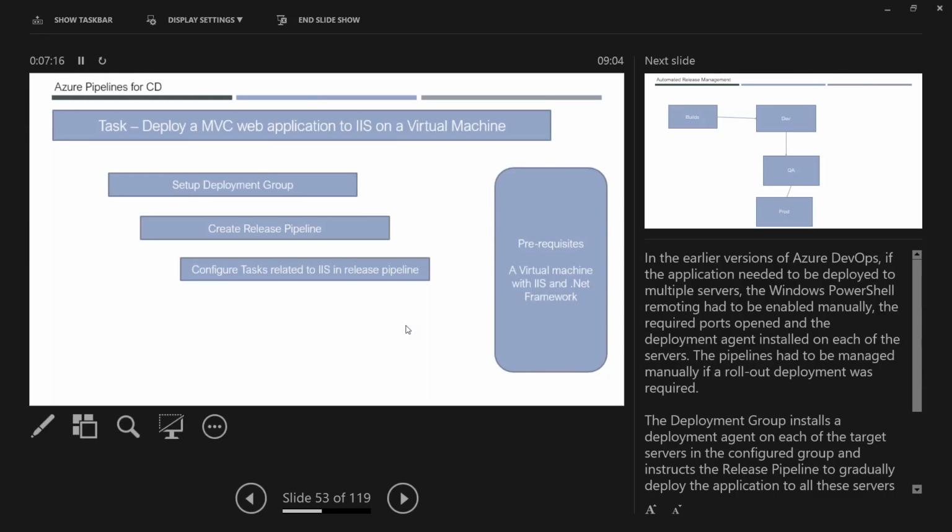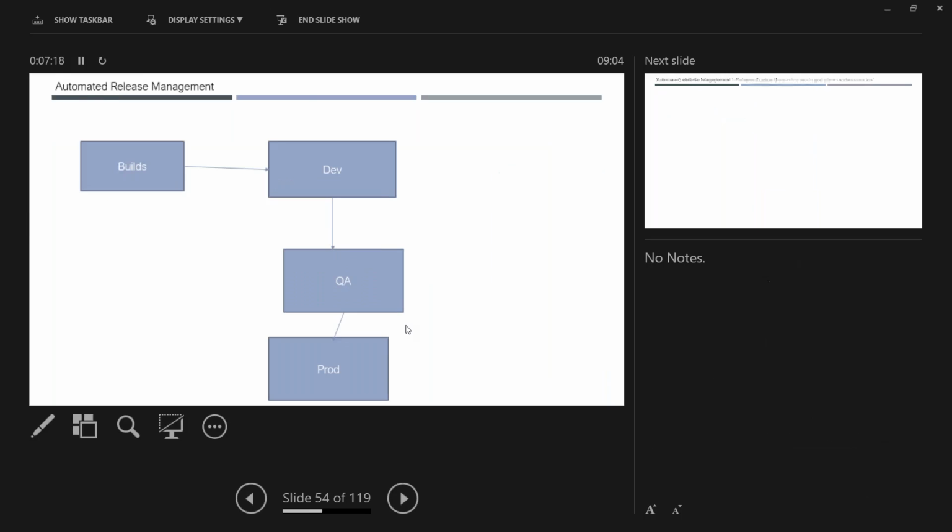We will do all these things in detail. We just talked about continuous deployment and delivery. We also configure automated flows. Let us say you have a dev, QA, production environment. We'll take two environments, and then we create those automated flows using your build pipeline and then release pipeline.